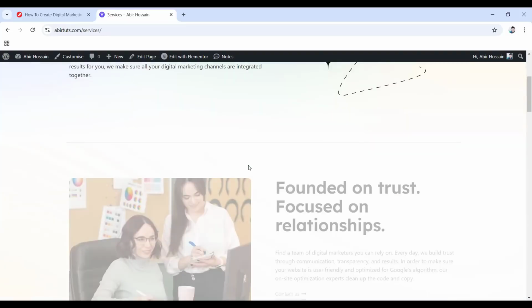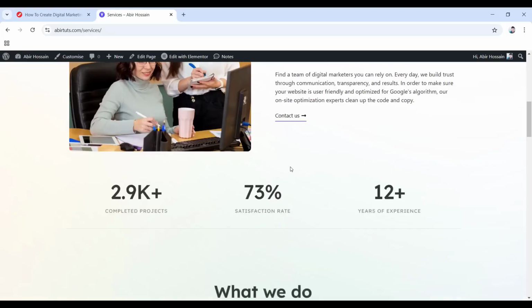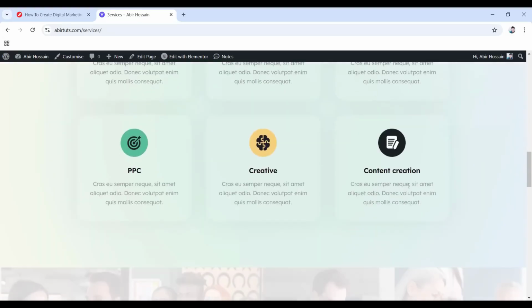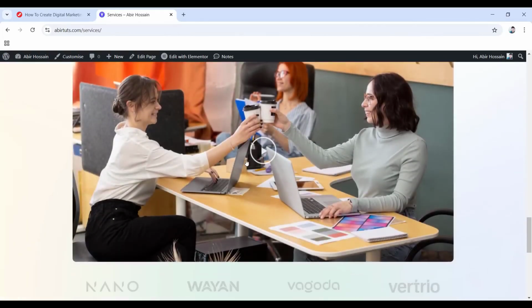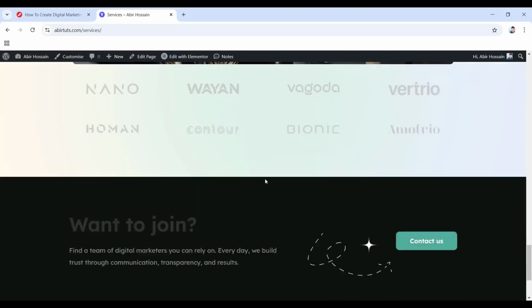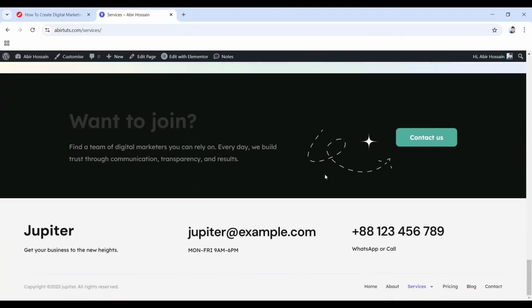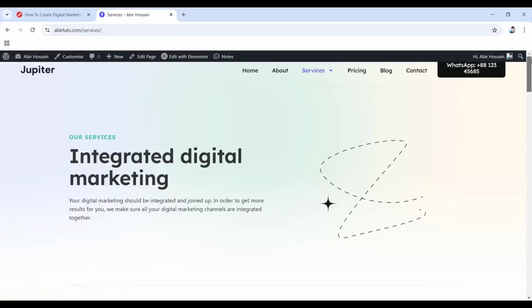Here in the services page, we have our beautiful sections, counters, all the other widgets, and then if we scroll down, we also have this video placeholder. You can watch videos here if you put a link here. Then we have these logos and all of these things. Now if we go to the top, you may remember that inside of our services page, we have set sub pages, which are single service pages: digital marketing services and SEO service. So if we go inside of this one,